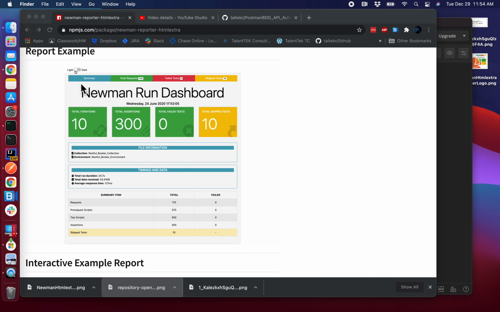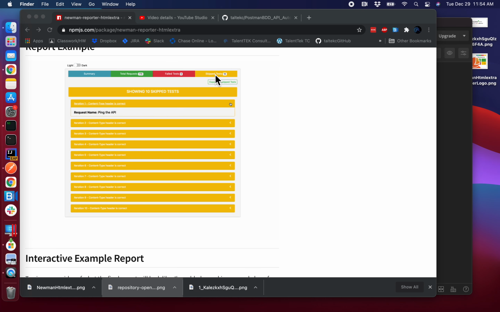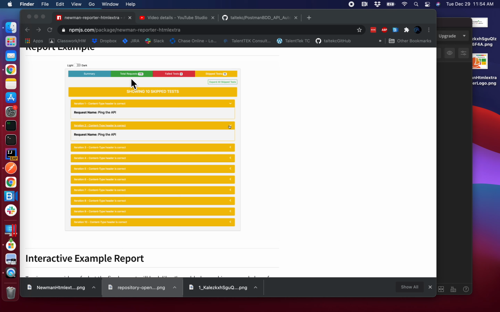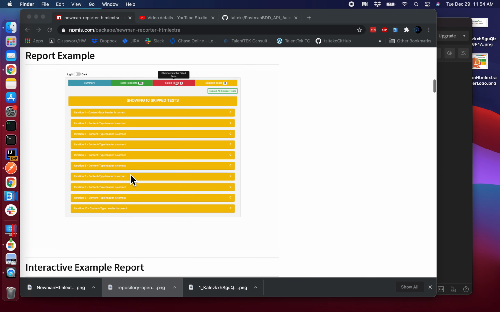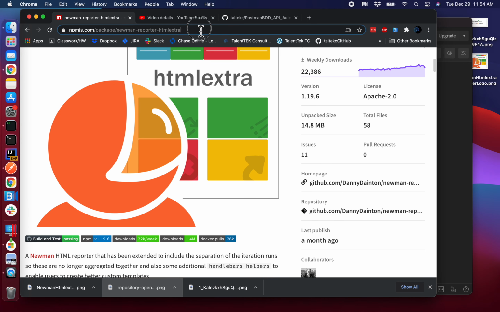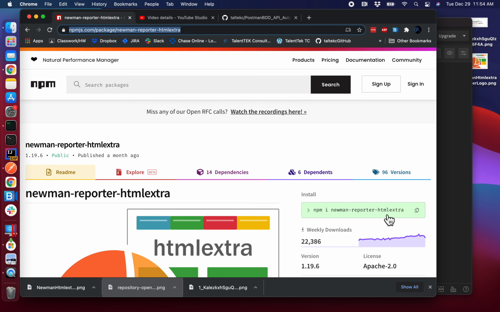You can switch the color to dark and light, as you can see from the video, and then you can see how many test cases failed, how many test cases skipped, the total requests, and also the summary. It's pretty good. I'm going to put this into my YouTube description, so that way you can go there and install HTML Extra